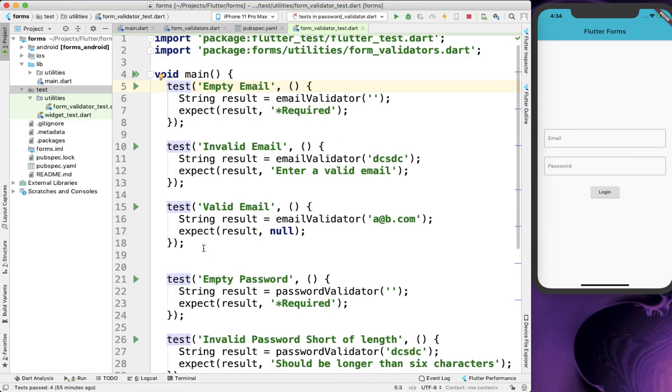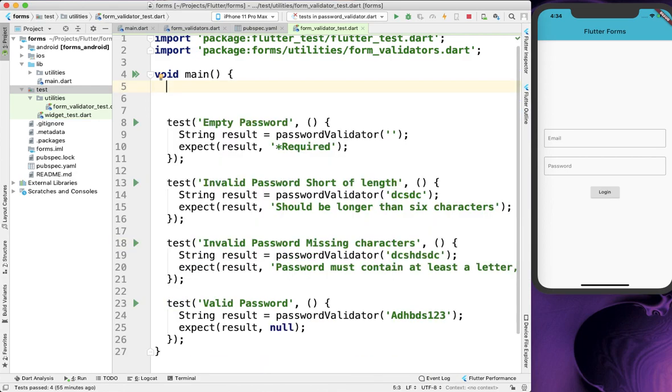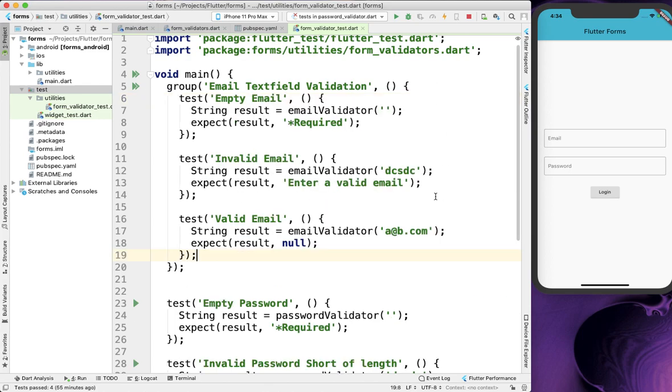I will copy all the tests of email, and then I will create a new group, and that is for email text field validation, and inside our group callback we'll create our tests.